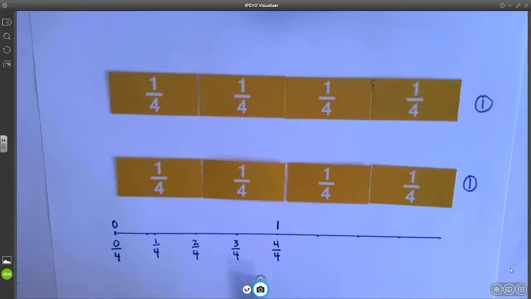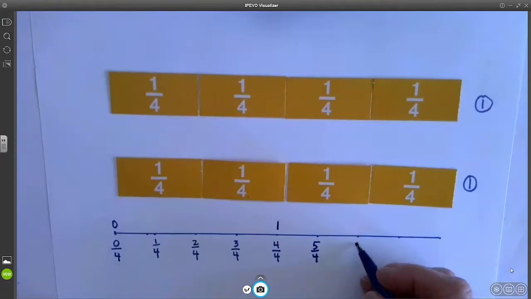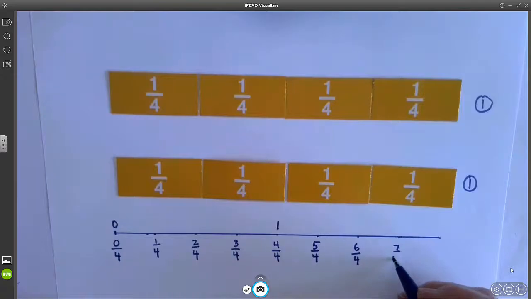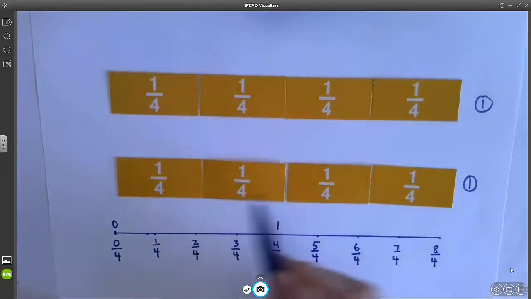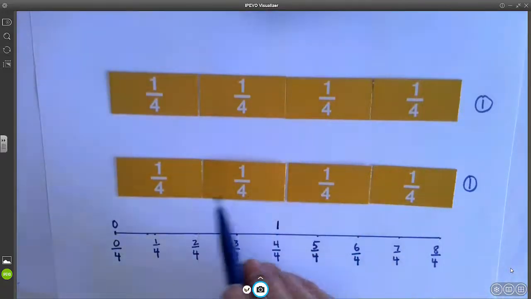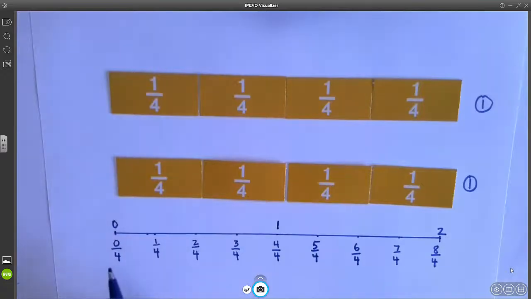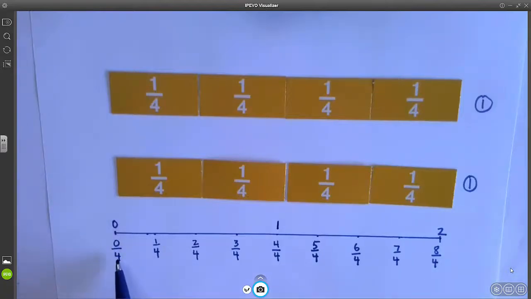An additional fourth would give us 5/4, and then 6/4, 7/4, and 8/4. And we see that when we have two parts that have 4/4, that would be the whole number 2. So our number line, we maintained representing the fourths on this number line: 0/4, 1/4, 2/4, 3/4, 4/4, 5/4, 6/4,